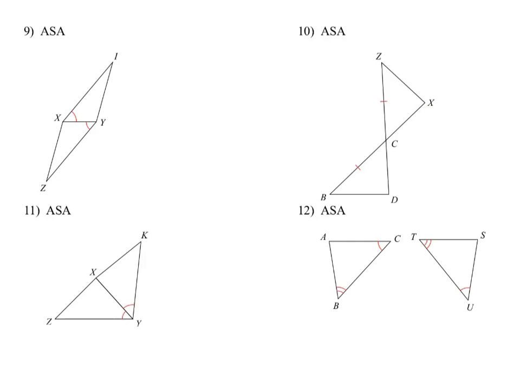Next section, on 9, you can add a tick mark because that side is shared on both triangles, so it's congruent to itself by the reflexive property. We have an angle here and a side. We need the angle in the next corner to be congruent to the angle in this corner, so we'll have matching angles and then the side between them. So I need this angle and this angle to match up. So I need angle XYZ to be congruent to angle YXZ